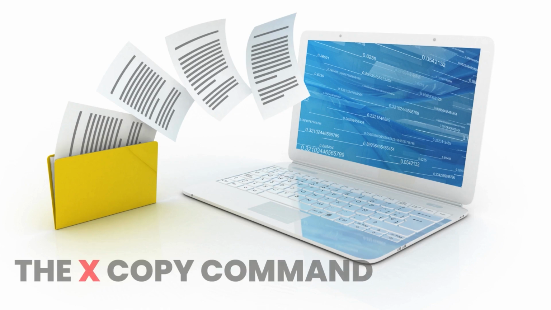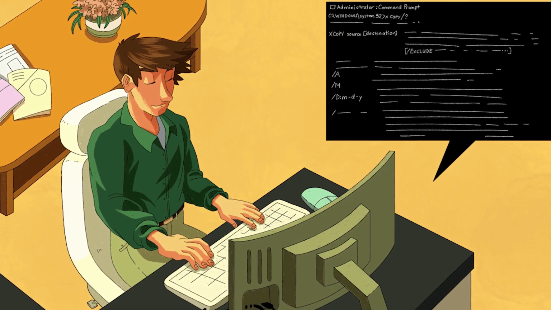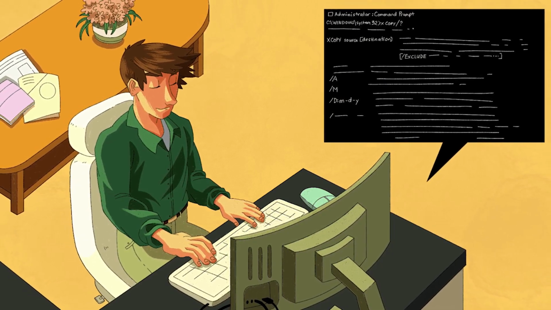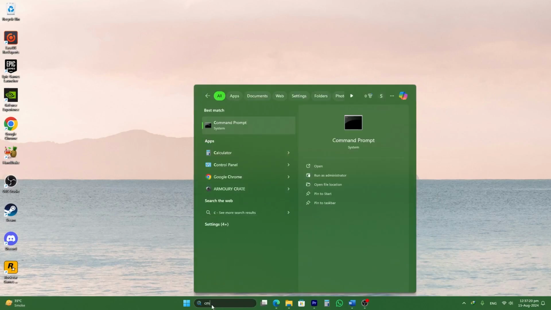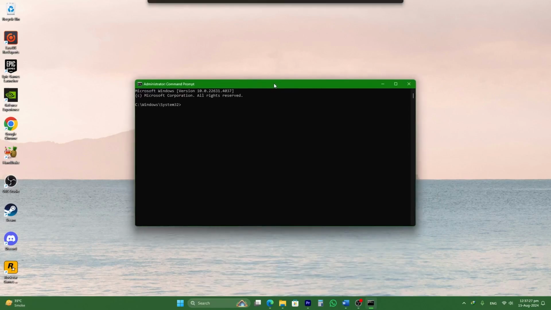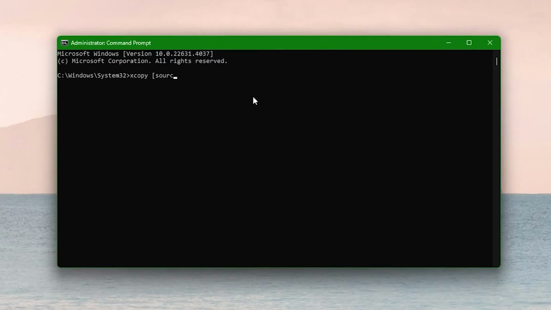Here we go. The first method is to use the Xcopy command. It is a built-in Windows utility that provides more control over the cloning process. Here's how to use it. Open Command Prompt as an administrator. To do so, you need to search CMD, right-click and select Run as Administrator. Enter the command Xcopy source destination